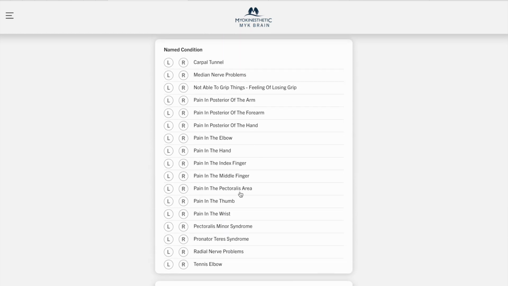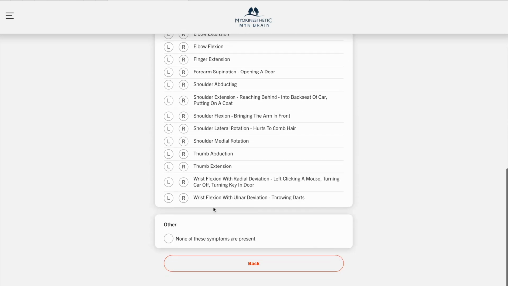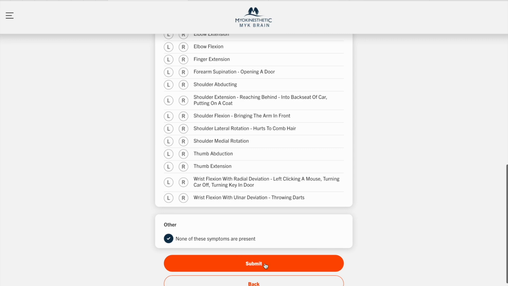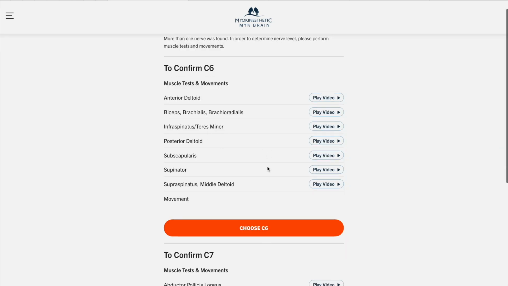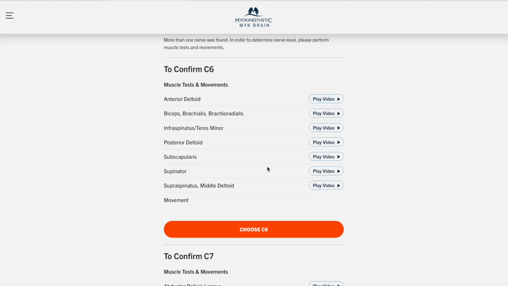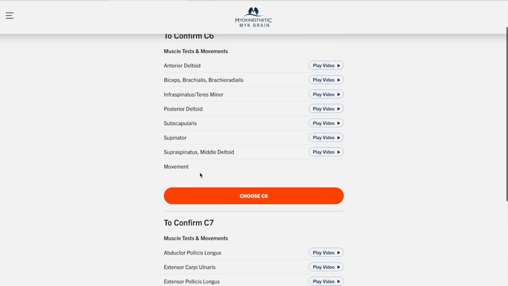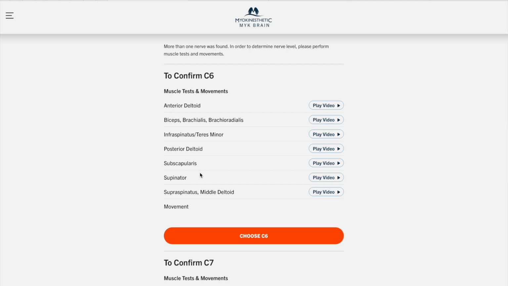And it can take us there, but I want to show you what it does if we don't. So I'm going to say that none of these symptoms match, just to show you what the next step would be. And so it says, look, we're trying to confirm from C6 and C7. And so from C6 and C7, these muscles listed right here are innervated by C6, but not C7. And these muscles are innervated by C7, but not C6. And so if any of them test different from left and right side,